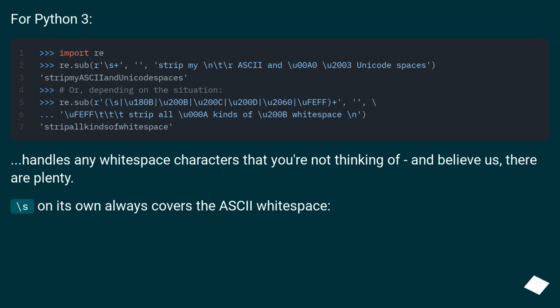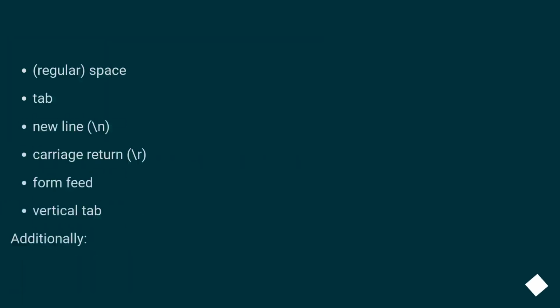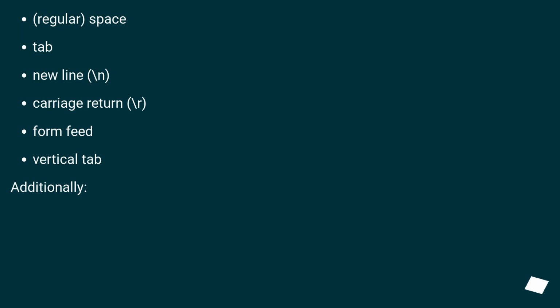For Python 3. Handles any whitespace characters that you're not thinking of, and believe us, there are plenty. \s on its own always covers the ASCII whitespace: regular space, tab, new line \n, carriage return \r, form feed, vertical tab. Additionally,